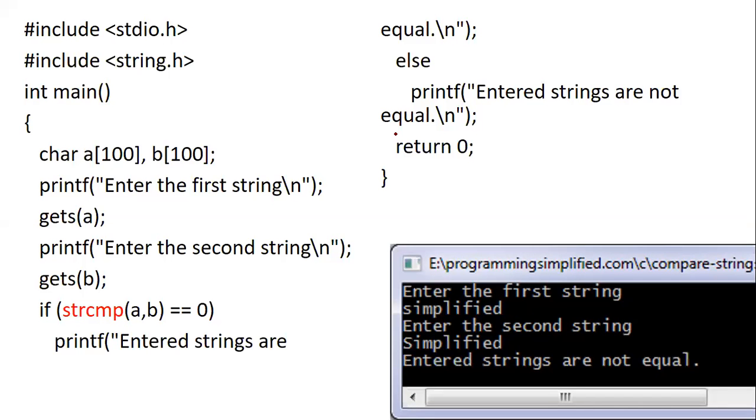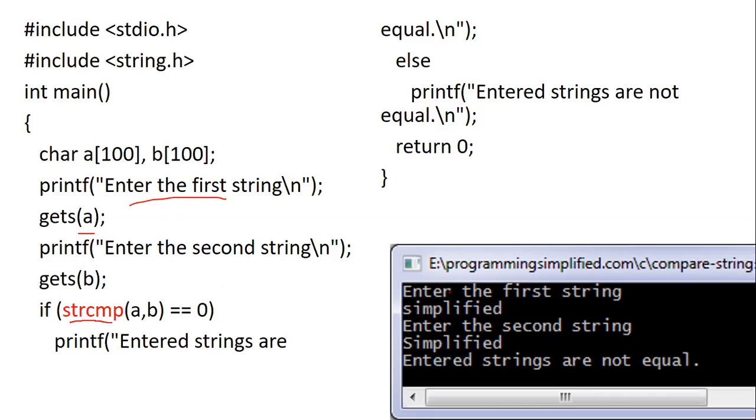Next is another example of a string function, showing what functions are present in string.h and how we can use them. We are going to see the string compare function, which will compare two strings. We'll start with the main function. In the main function, we are declaring two character arrays, a of 100 and b of 100. Then we are accepting the first string and storing it in the first array a.